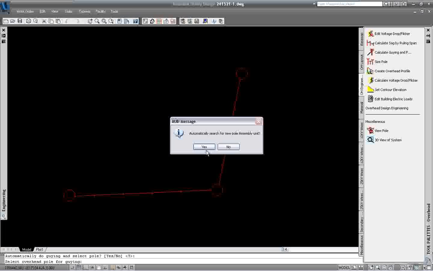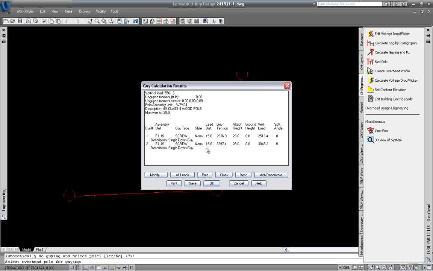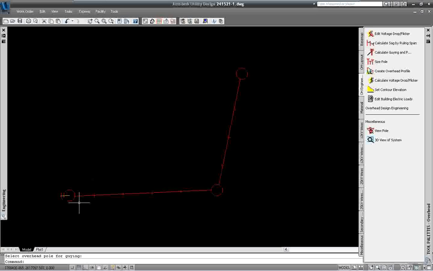And so I can go ahead and do that, automatically search for everything. I changed everything. I still have a 40-foot class 4 pole, but it allows me to go ahead and do what-if scenarios very easy, very quickly. And then when I'm done, go ahead and click it, and it will actually place the anchor assembly on the sketch. To do it quickly on this angle pole, you can see how fast a user would take a look at it,